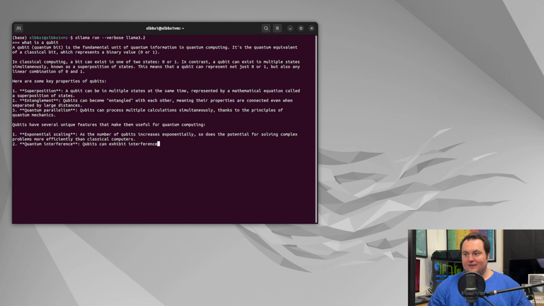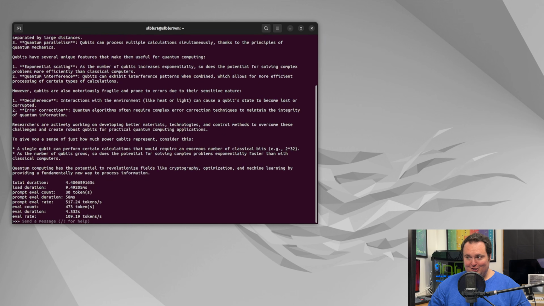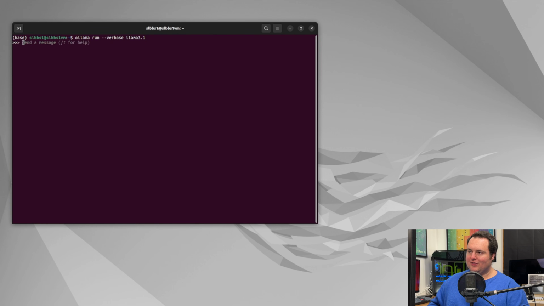And we can see that the speed here is rather quick. So all said and done, 109 tokens a second, which is extremely fast. And this is a small model, of course, but comparatively to what we saw with the Orin Nano, this is quite a big difference. To do the same right here with Llama 3.1 8B, I will just ask what is